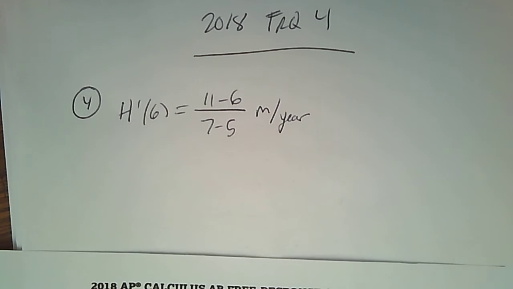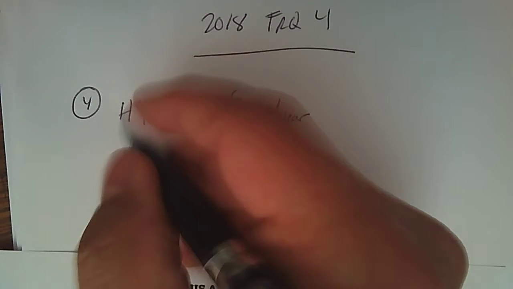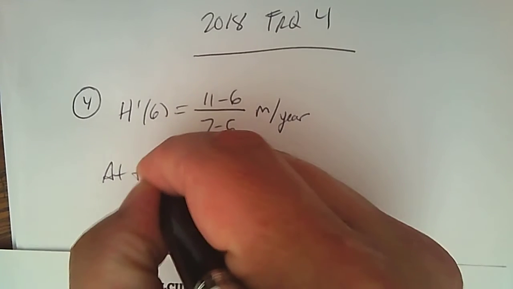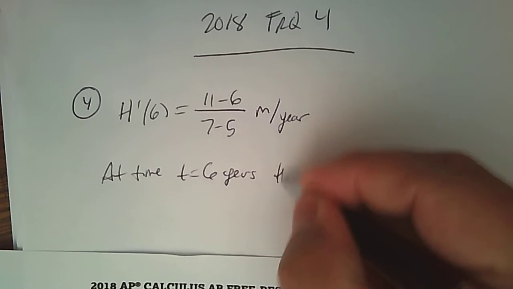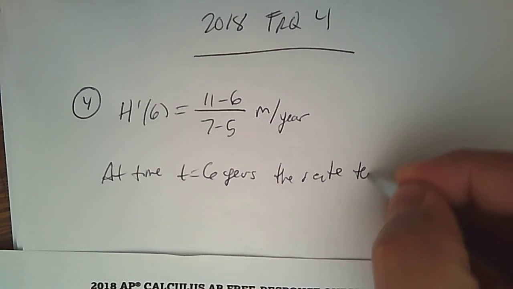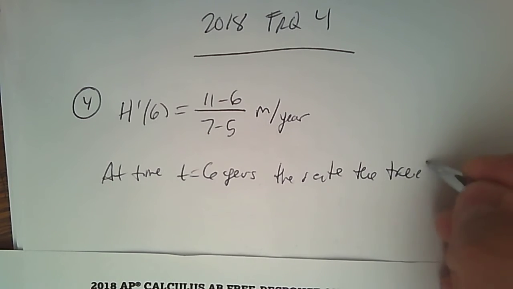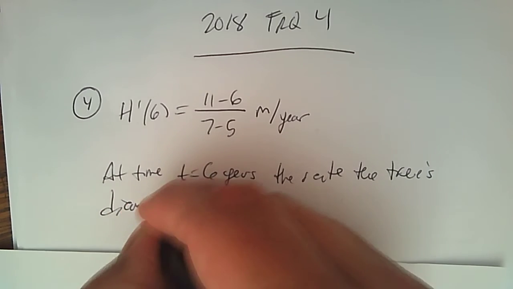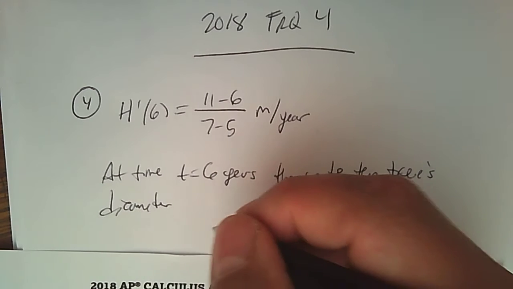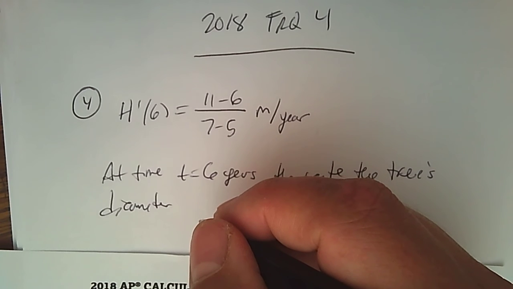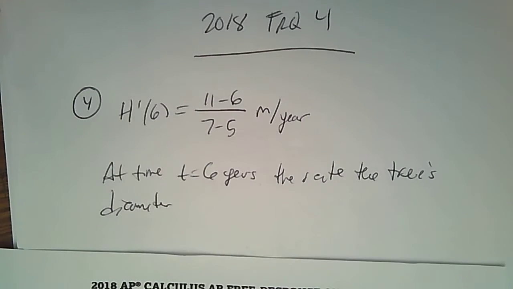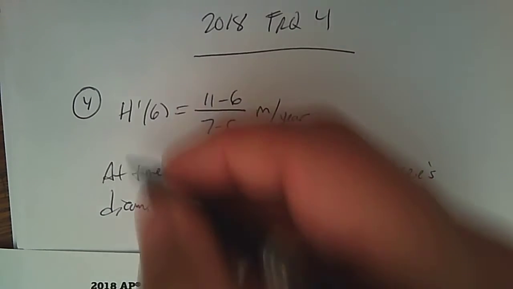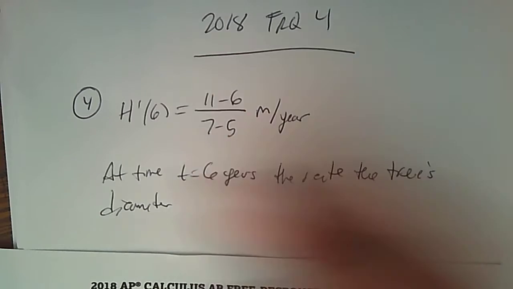And it says, interpret the meaning of what that means. So at time t equals 6 years, the rate the tree diameter is growing. Or is it the height of the tree? It's not the diameter, is it? It's the height of the tree. So let's make sure I do that. Right. So at the time t equals 6, the rate the tree's height